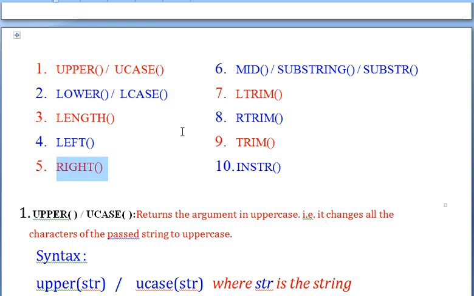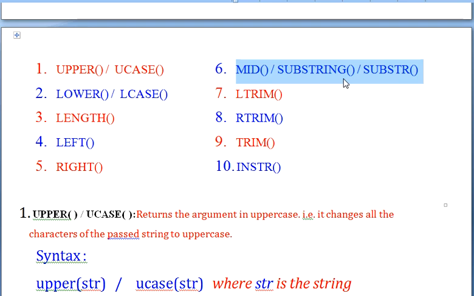The same way, the mid function. Mid can be used in three ways: with the help of mid you can do the same thing, or with substring or substr. These three functions do the same work. Just like left and right work, mid works the same way with some extra features.